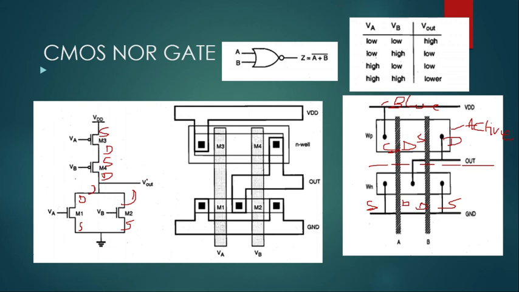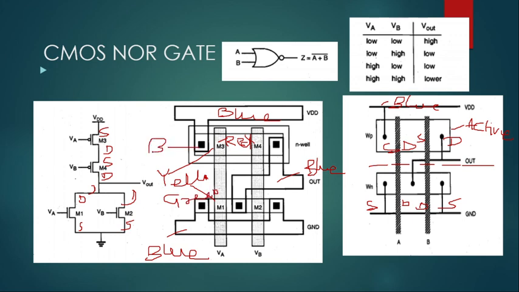So if you are making this type of layout, you should mark it as blue. Okay, you should mark at least colors, so this will be blue, this will be blue, outputs are shown in blue color. Okay, and this will be red, both the polysilicons should be of red color, and the diffusions, these will be yellow, and these will be green, and these will be black. So this is also one type of layout that you can make.